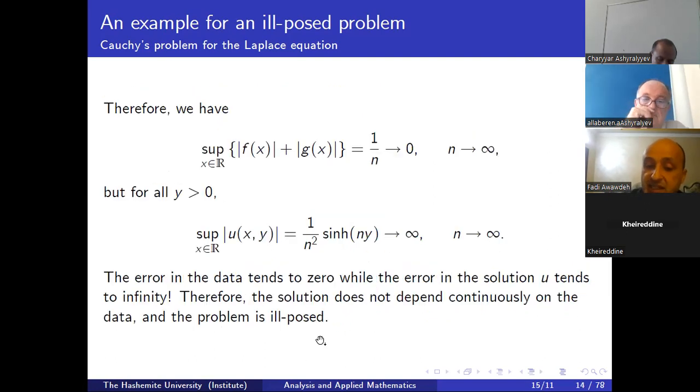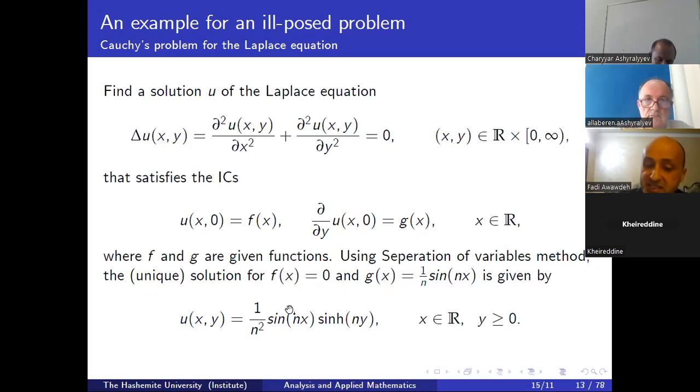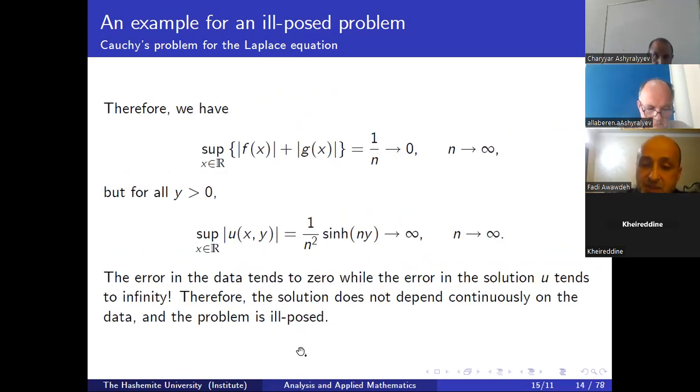The solution here is 1 over n squared sine hyperbolic ny. This is the maximum solution because the sine is less than 1. So this is the maximum, or the upper bound, of the solution. It's clear that as n goes to infinity, the error goes to 0, while the solution goes to infinity,